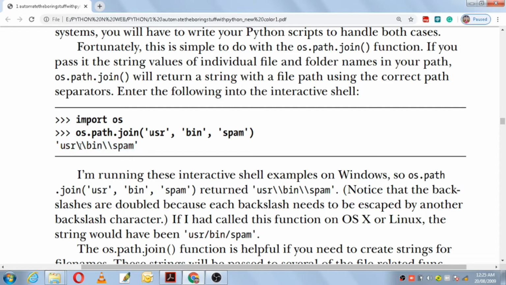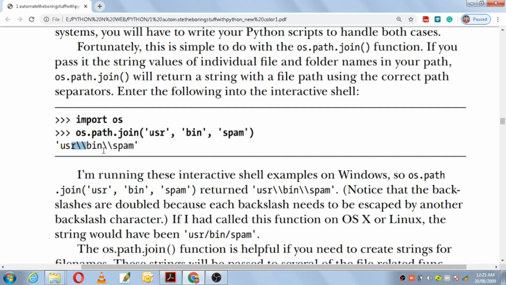Here we have user, that is /bin/spam, and we are making use of two backslashes here because the backslash is used as a special notation in Python.